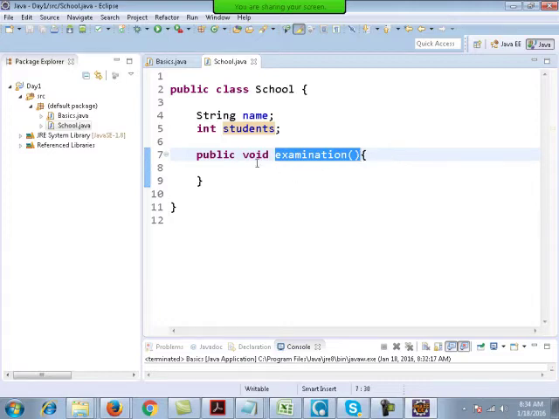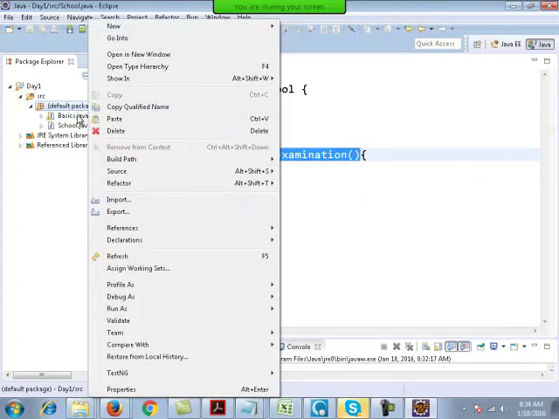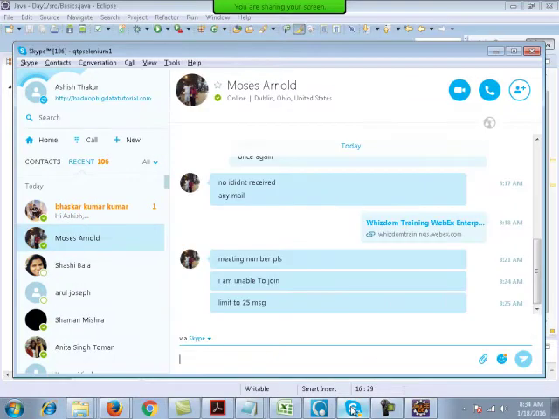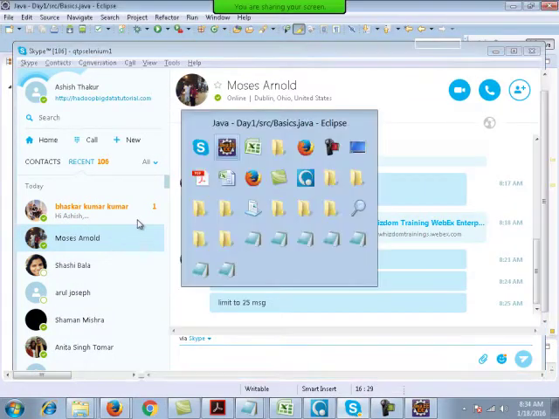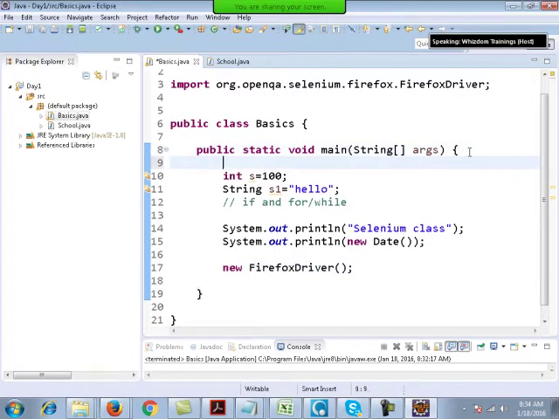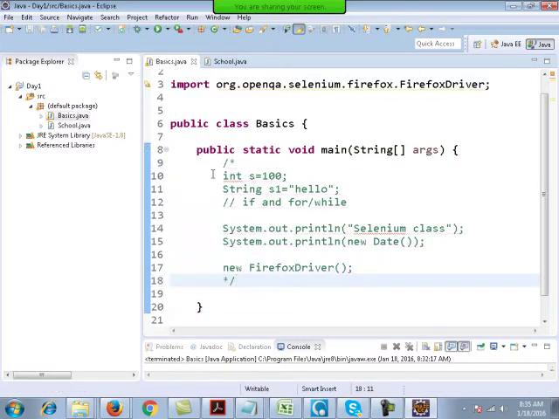Now if I go to basics.java, let me comment out the complete code. You can comment out or disable the complete code with the signs slash star and star slash.